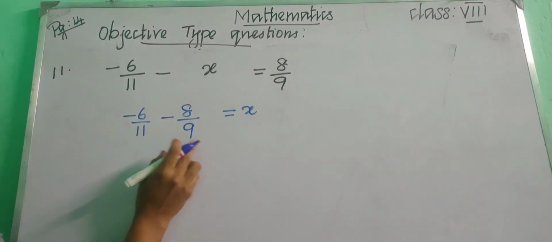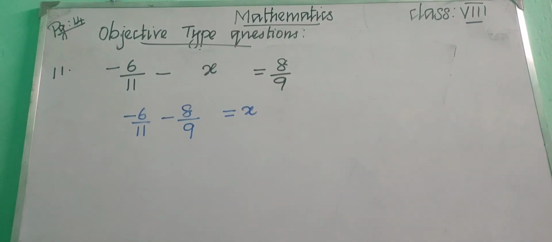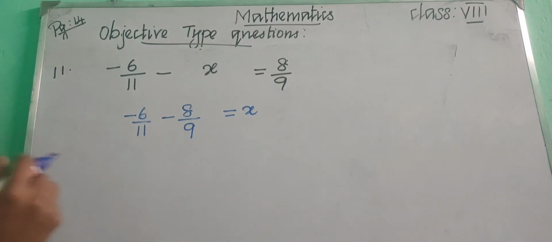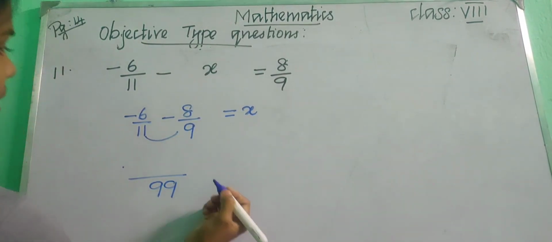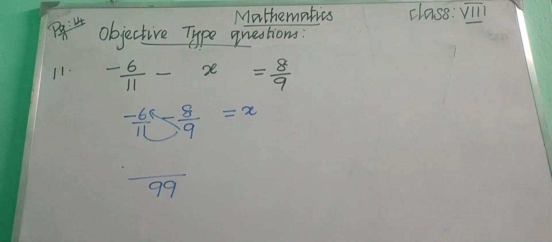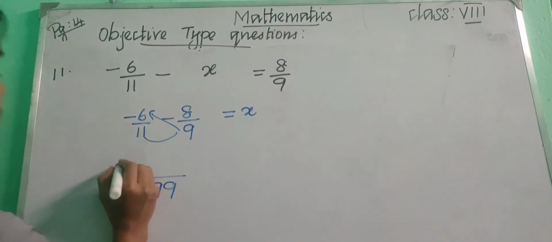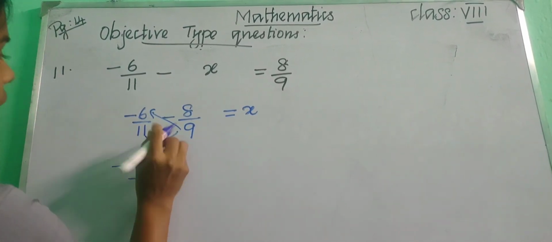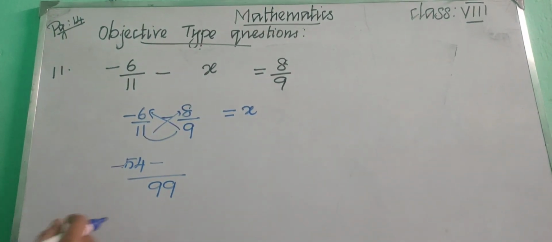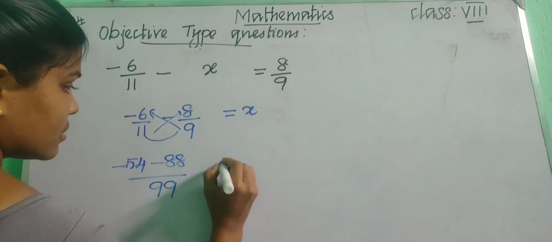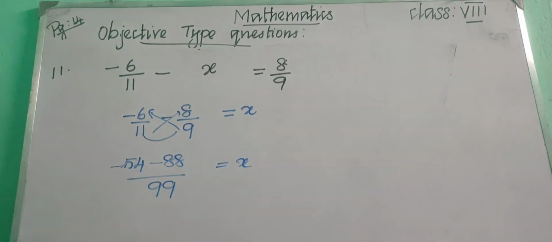See here, these two rational numbers are having different denominators. So that's what we need to do. We can take LCM or else we can do by cross multiplication method, okay. Let us prefer the cross multiplication method. So 11 into 9, 99, and then cross multiply 6 9s are 54, so minus 54. And also we are having minus here, and again cross multiply 11 into 8, 88, okay. So equal to x. Now we can add very easily, right?